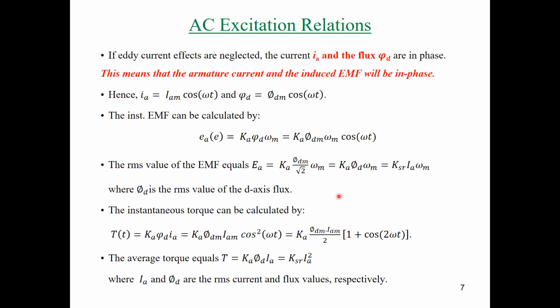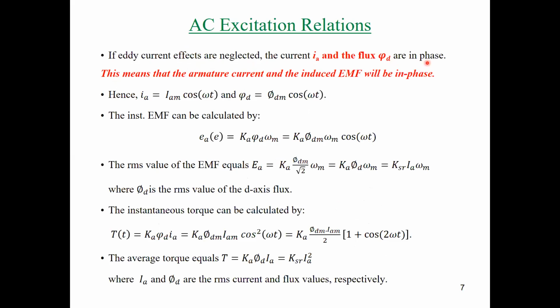For AC excitation, we can replace the supply by an AC source. So we expect to have AC current and AC flux. The eddy current effects are neglected. If we neglect the eddy current effect because of the laminated sheets, the current IA and the flux phi D